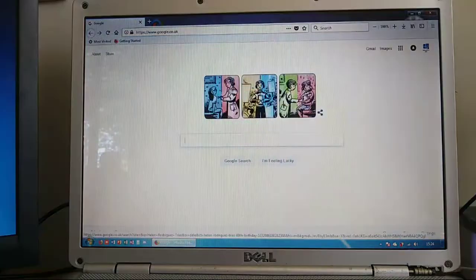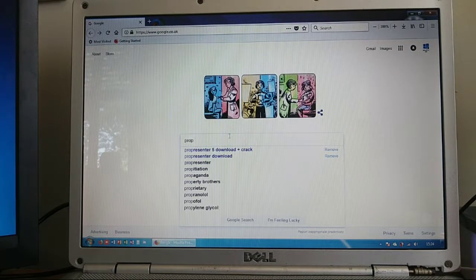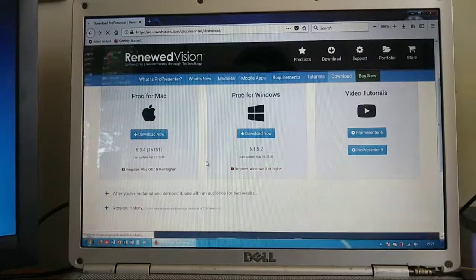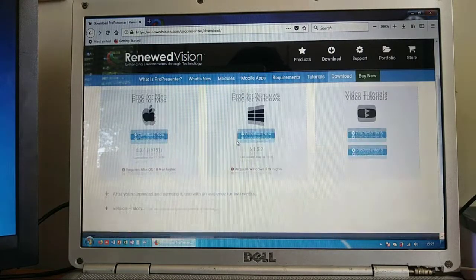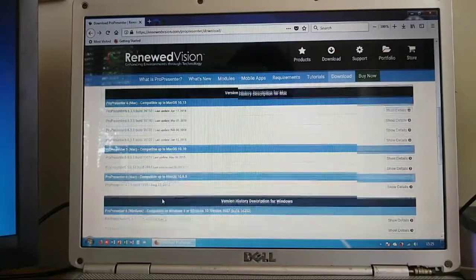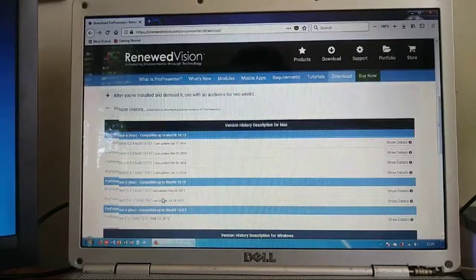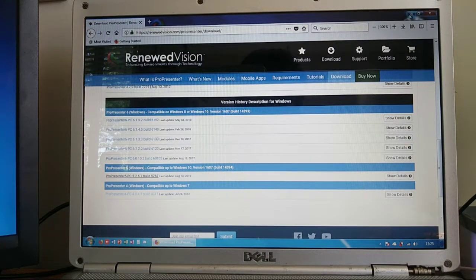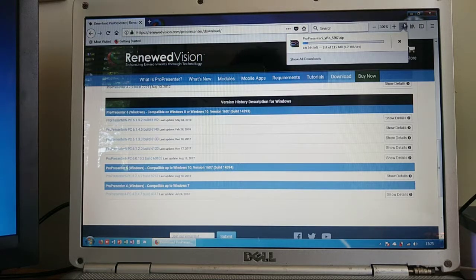so let's get a different version. So we go to Google, type in ProPresenter 5 download plus crack. Yeah, this software is not cheap either, literally. So we cannot use 6 because it requires Windows 8 and we have Windows 7. So we're going to get version 5 because I actually have experience with that version and it's not quite as much of a pain in the neck as this one. It's a little bit bigger though too. So yeah,